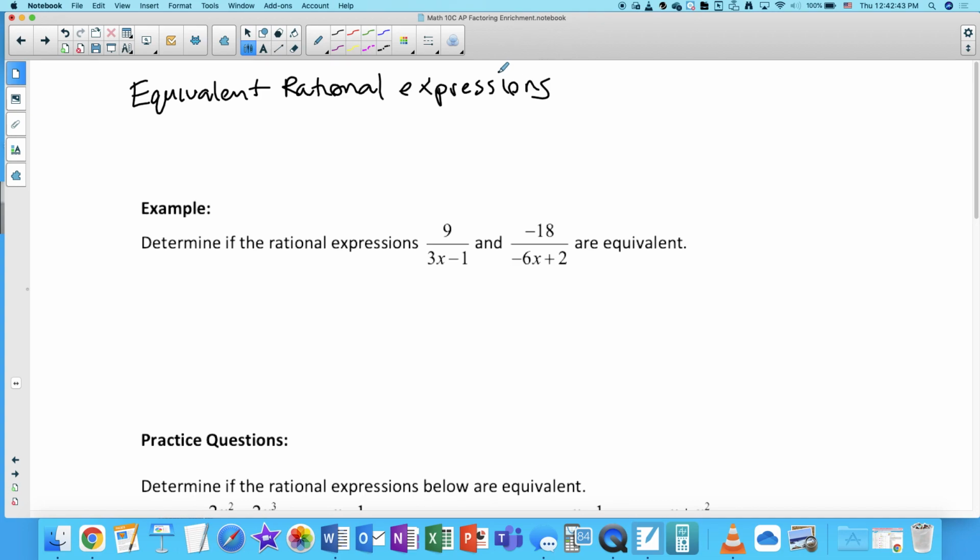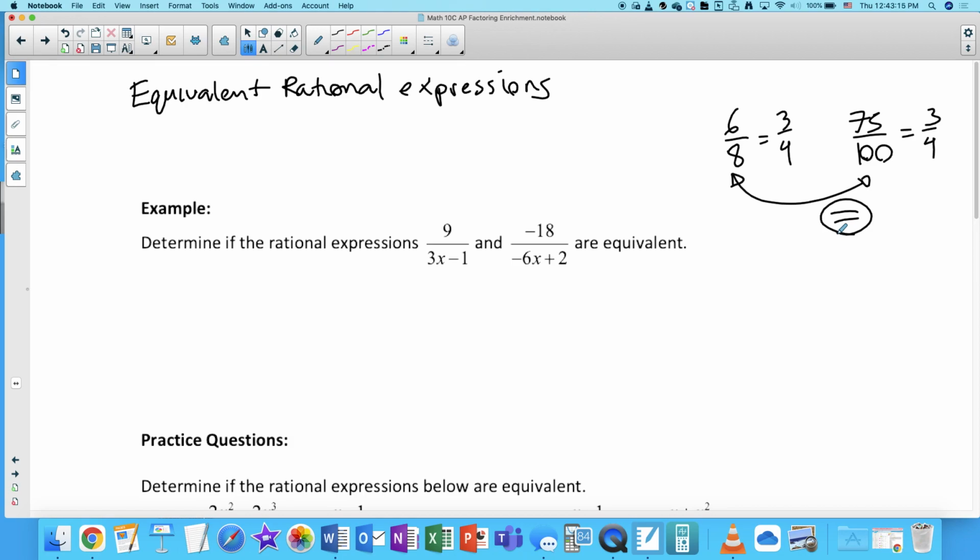Okay? So just kind of like fractions, if you think about, I don't know, 6 over 8 and 75 over 100, right? These are equivalent because I can reduce this to 3/4, and I can reduce this to 3/4 as well. Therefore, these must be equal. Okay? Same sort of idea with rational expressions. If you want to know if two rational expressions are equivalent, we need to just simplify them and look at